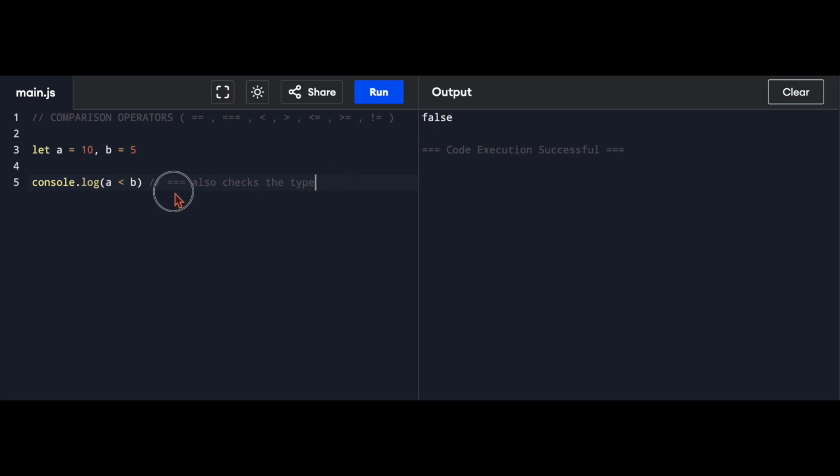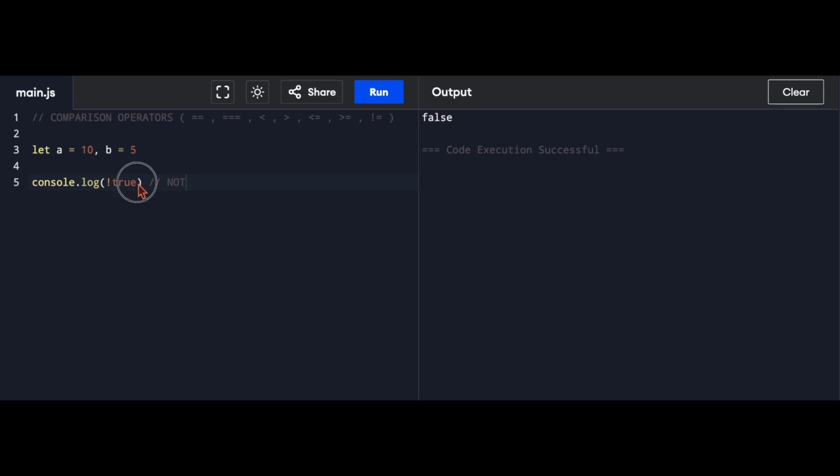We have another operator which is called the not operator and denoted by an exclamation mark. If we print true and run, our output will be true. But if we use the not operator just before true, the output will be reversed and false will be printed.